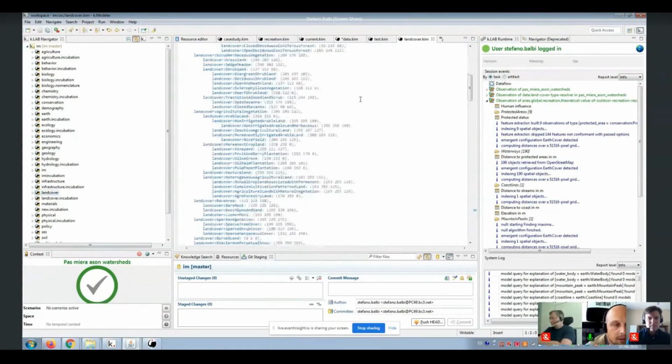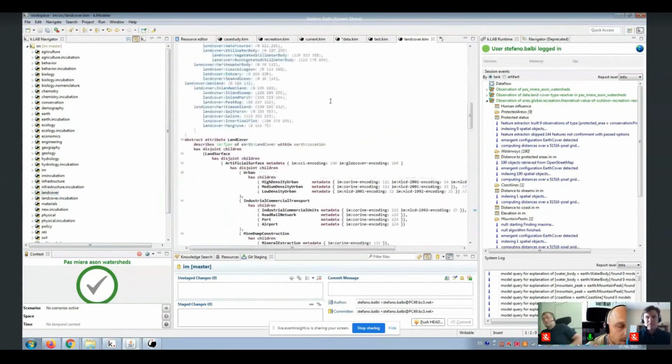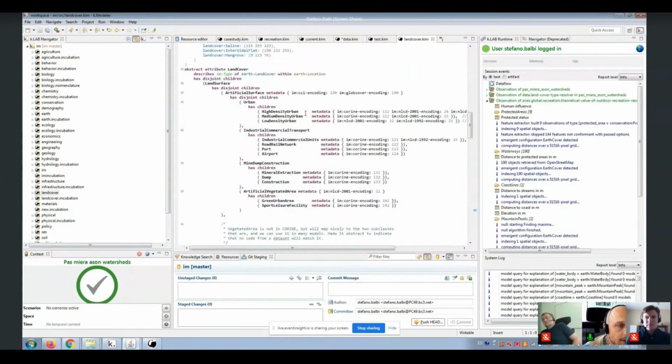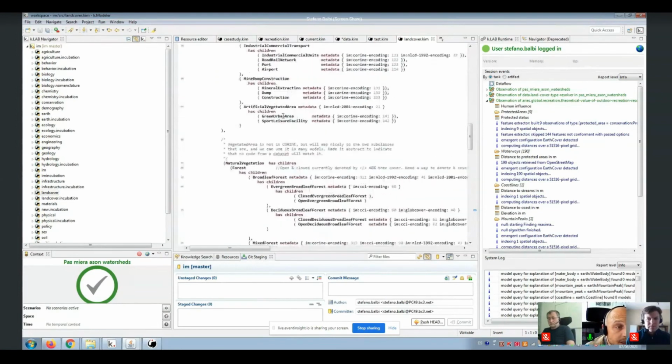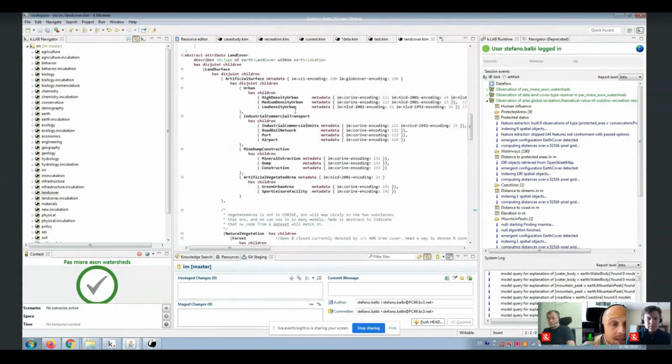The first part is just for design, but then the real ontology comes at this level here, where you have an ontology that combines Corine, CCI, and other land cover classifications by matching one concept to one or more codes in these land cover classifications.